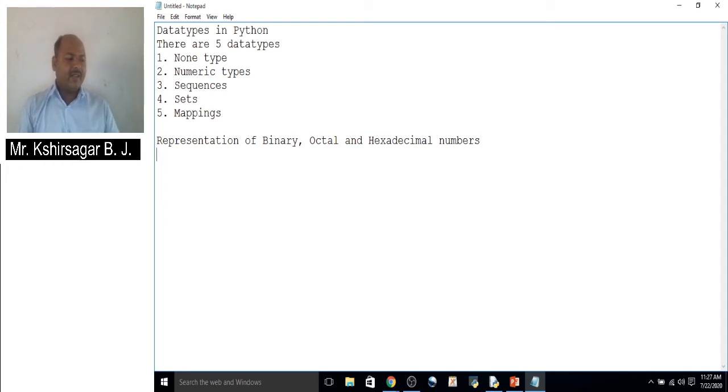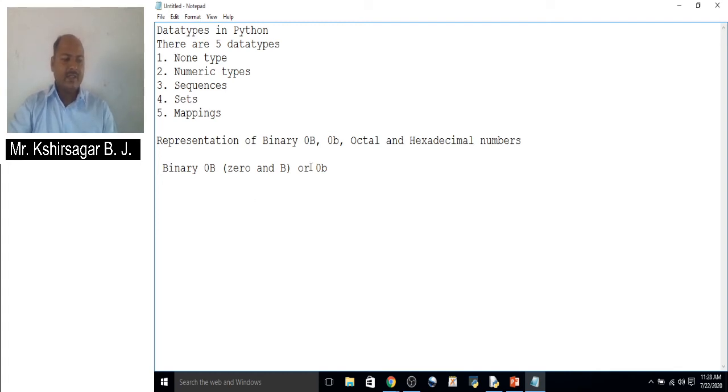So we have seen that a binary number should be written by prefixing 0 and capital B or small b. Binary numbers are represented either by using 0 and capital B, or we can also represent 0 and small b.